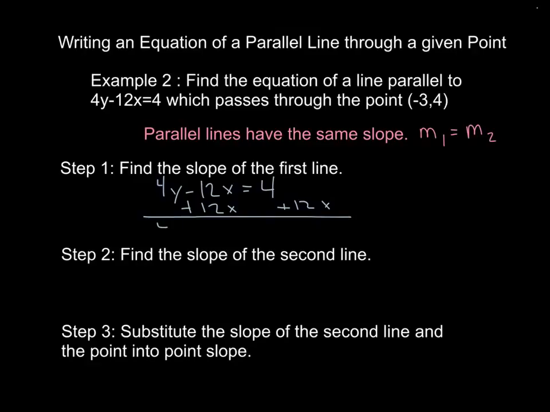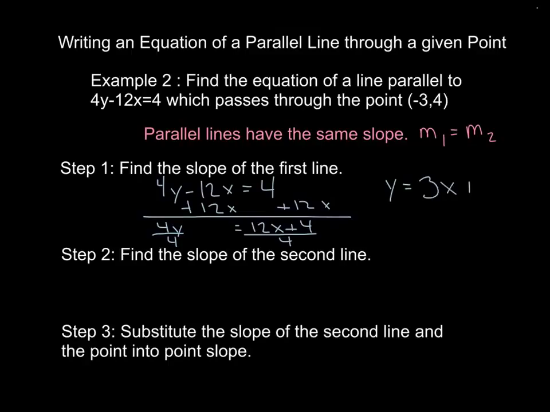Then I'll get 4y is equal to 12x plus 4. Next, to isolate y or get y alone, what I need to do is divide both sides by 4. And I end up getting y is equal to